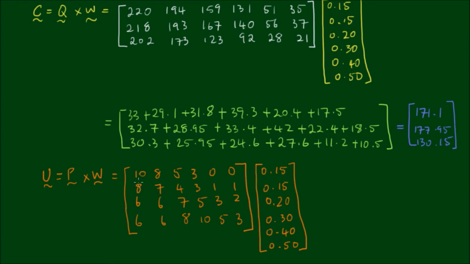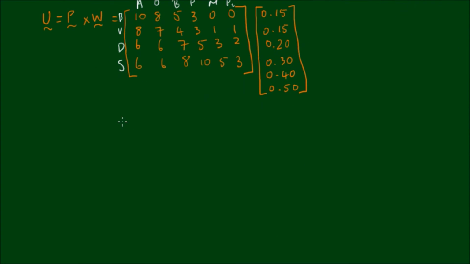Okay, so to recap again, the columns denote the quantities of fruit. So we have apples, oranges, bananas, peaches, mangoes, and pines. The rows represent the packs, so we've got a basic pack, a variety pack, a deluxe pack, and a super pack. So carrying out this product,